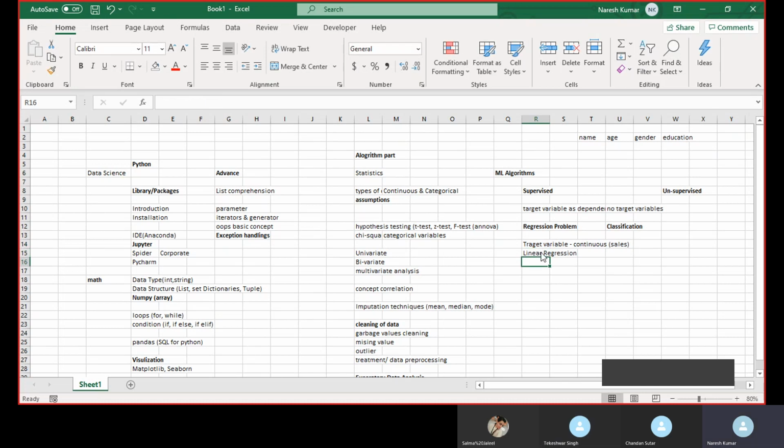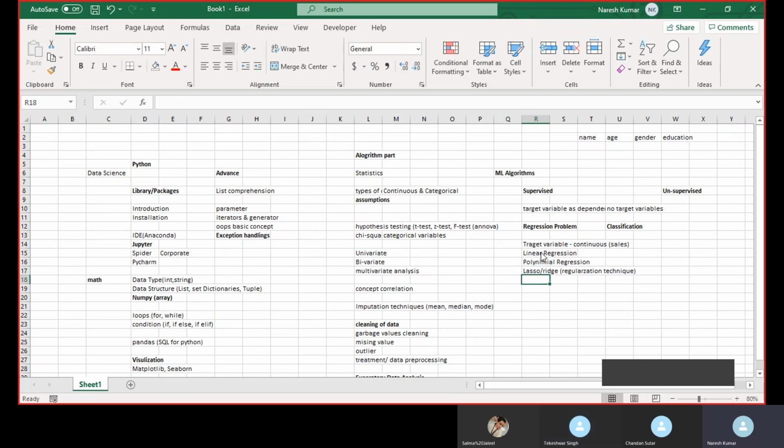Okay. Linear regression or polynomial regression. We have something called lasso and ridge, which is an advanced kind of regression. Basically, when we go for regularization, at that time we use this one.